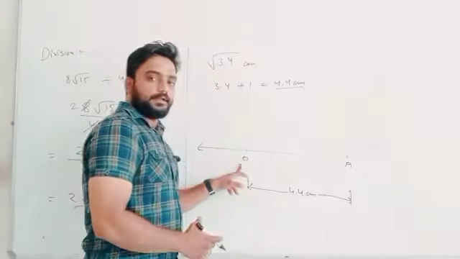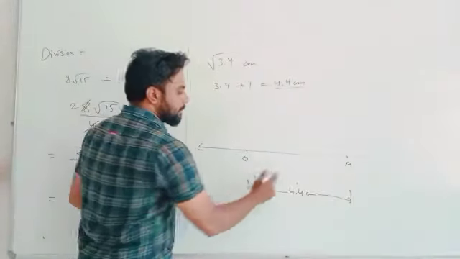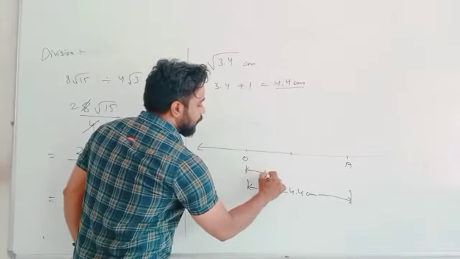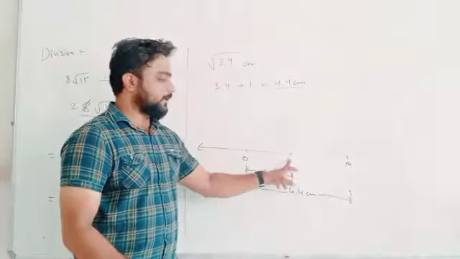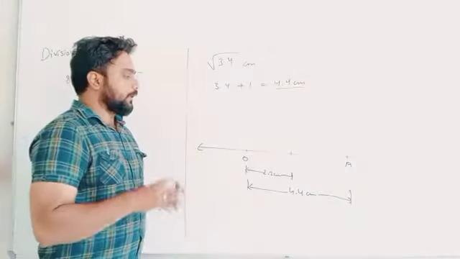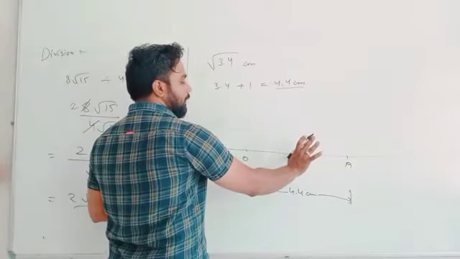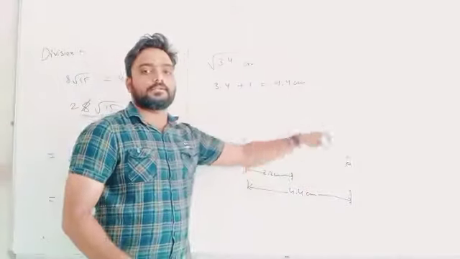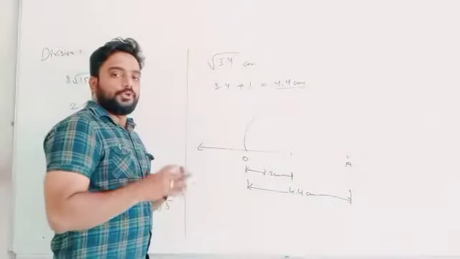Now what you have to do is, at the exact center of O and A, you have to create a center. So here I am taking a center, which from here to here is 2.2 centimeter. At 2.2 centimeter exactly you will get the center. Understand or not? Now the next step, you have to take a rounder, put the pointed part of the rounder here and the pencil portion here and draw an arc in this way. You have to draw an arc like this. Understand or not?